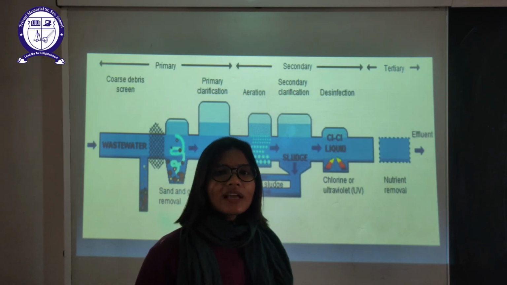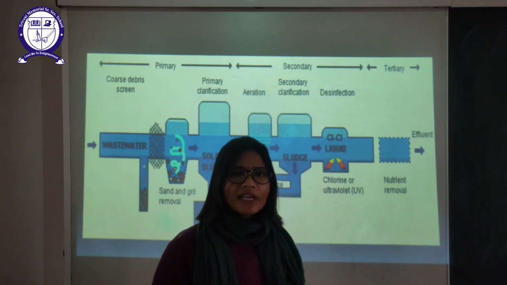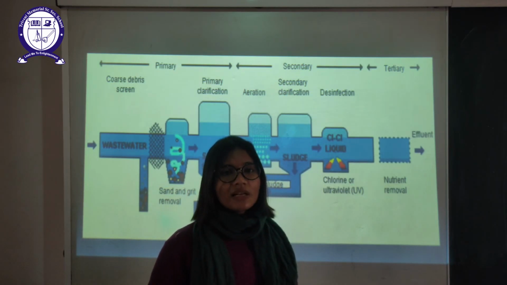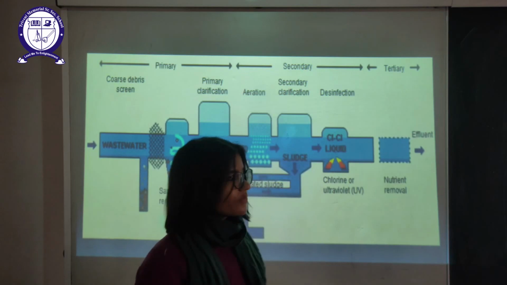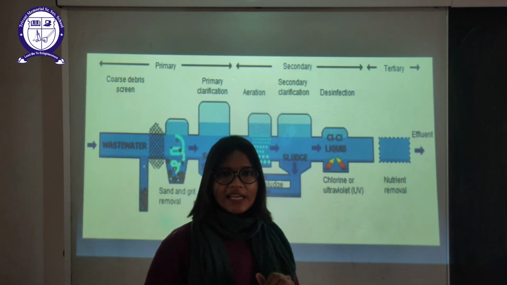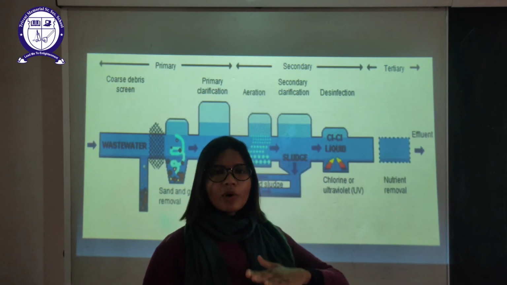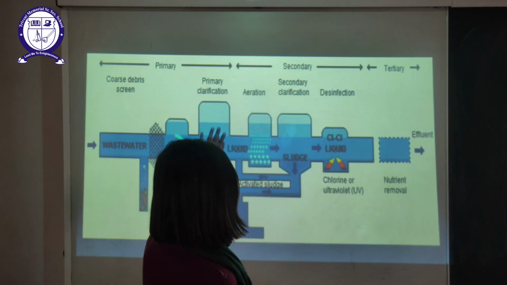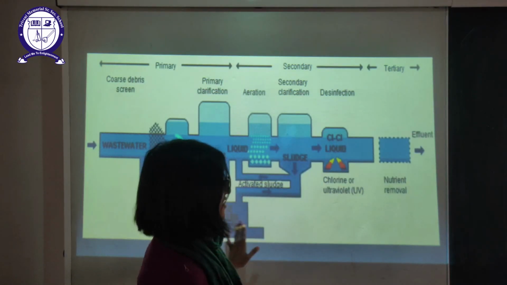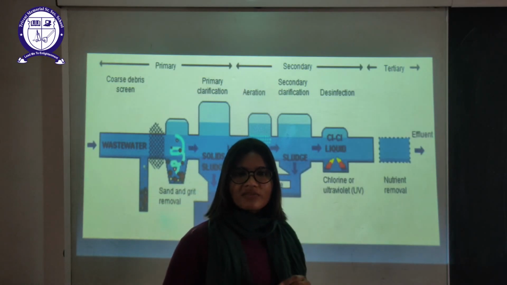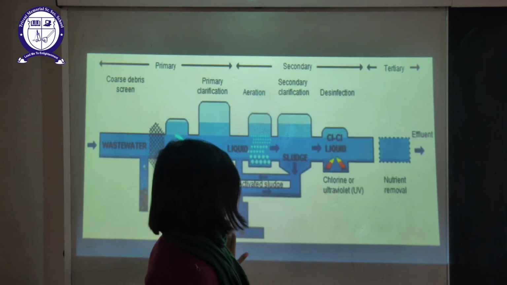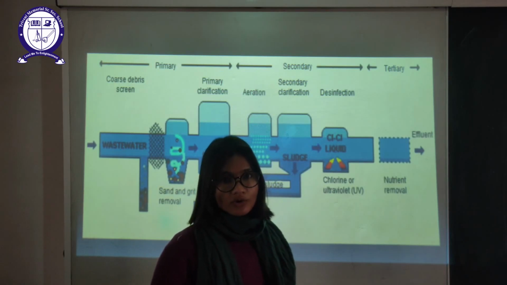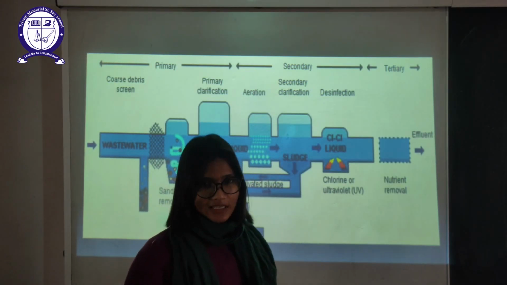And that organic waste is now dissolved. What is the organic waste which is present in the sewage? Organic waste can be human excreta, animal excreta or some other kind of organic matter. So this aerobic bacteria will eat up or degrade all that organic waste, and that organic waste will now settle down at the bottom, and that bottom portion of the tank is connected to the digester. All that organic waste will be collected and it is known as sludge, and it is also used for making fertilizers or manures. So nothing is actually getting wasted.